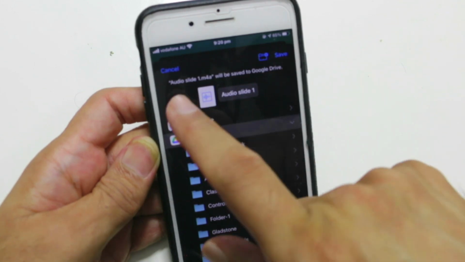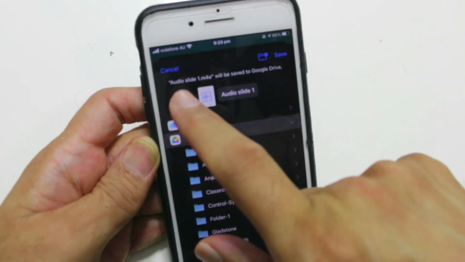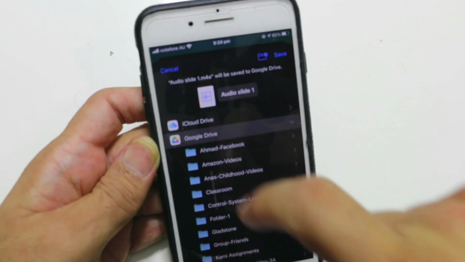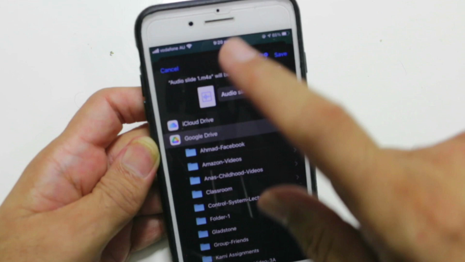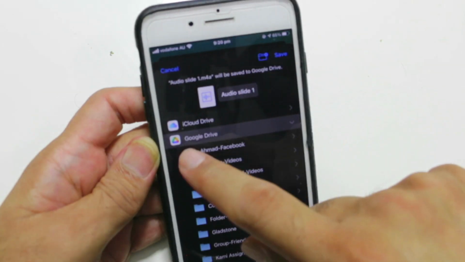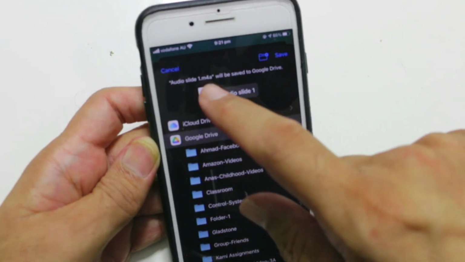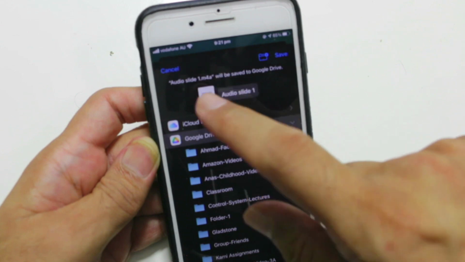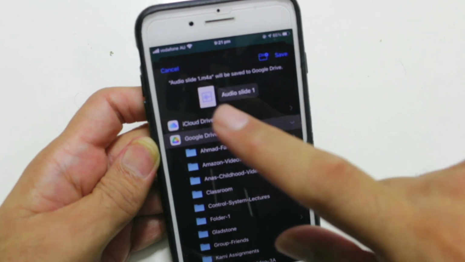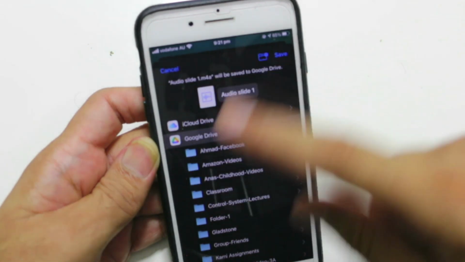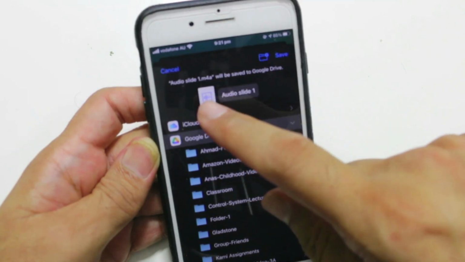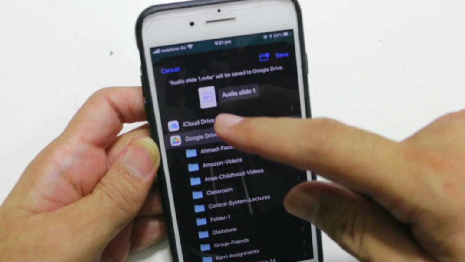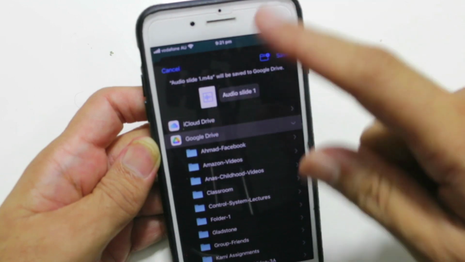And as you can see here, the format is .m4a and you want MP3. It's very simple. You just go on to your Google Drive, you change the extension from .m4a to .mp3 and it will work. You don't have to use any online converter or anything. Simply change the extension from M4A, which is iPhone's format, to .mp3 and it will work fine.